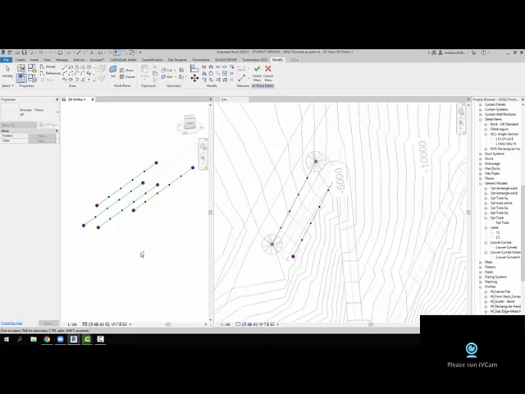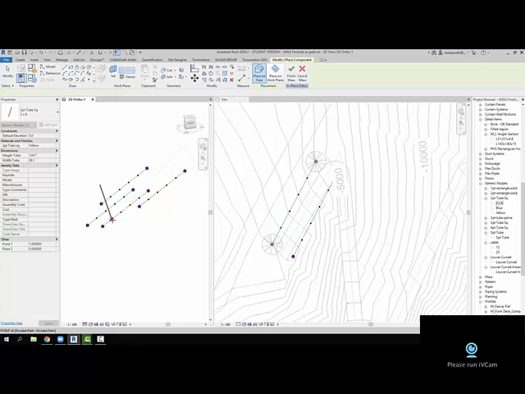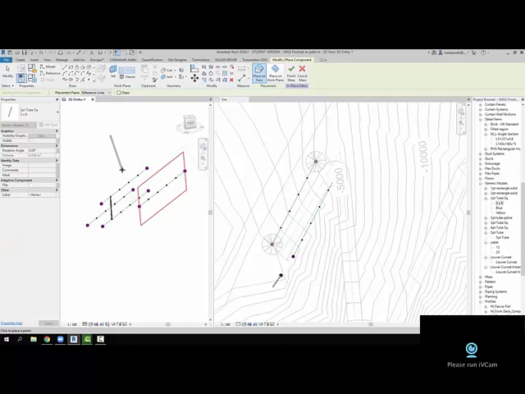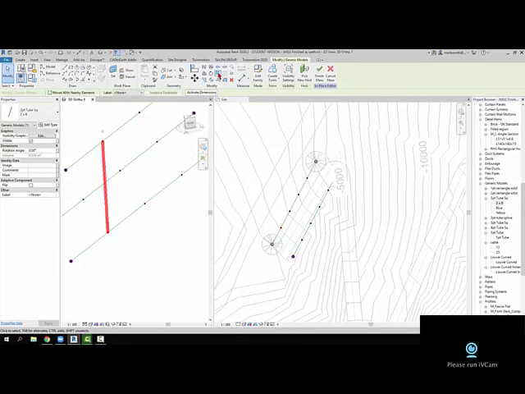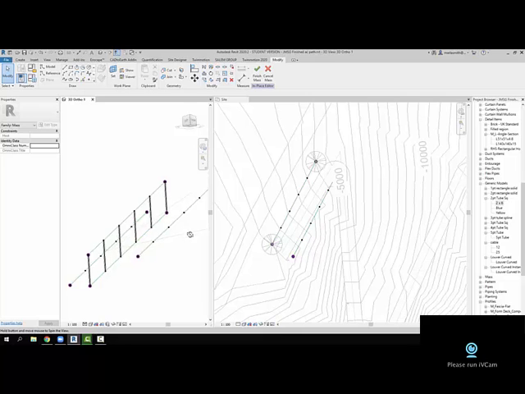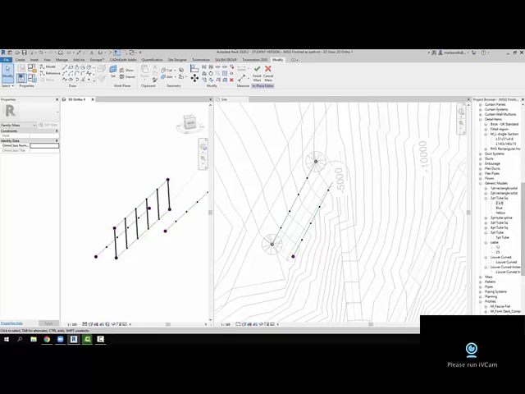So what I can do is come in and place these right onto this armature. If I wanted to do something really simple, like just have columns, I could do a 2x6, and I can just put a column in here, right, like that, and then I can repeat that. Now those columns are going down a slope, right? And then I could do the same thing again. I could repeat that